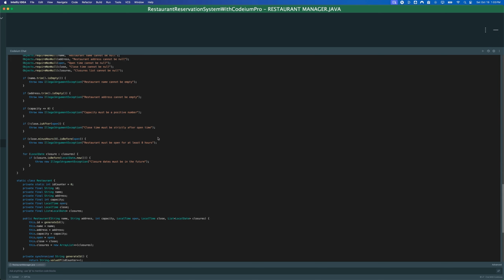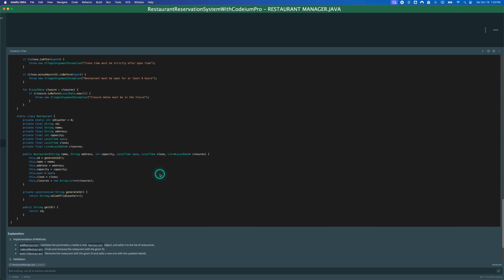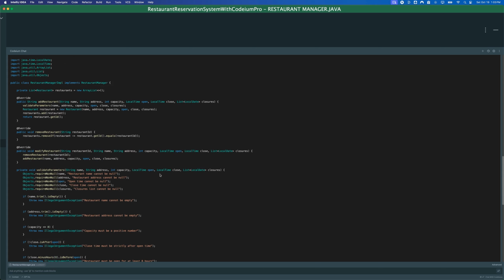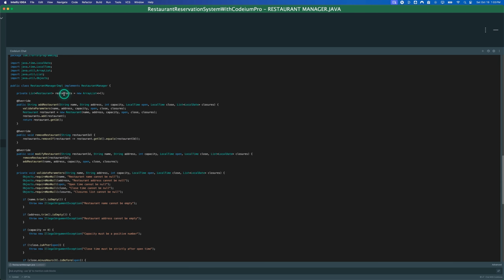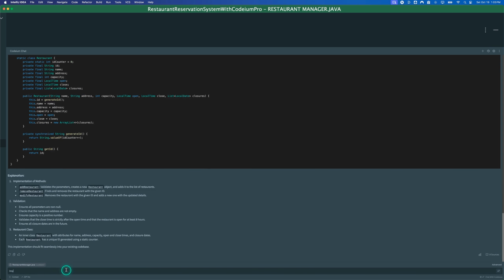So it created a restaurant as an inner class of the restaurant manager implementation. And the ID is using just a simple counter here. Okay, so let's see if we can improve on this. First, let's tell it to change the restaurant. Actually, instead of telling it exactly what to do, let's test this thing. Let's tell it to improve on the efficiency, improve on the implementation